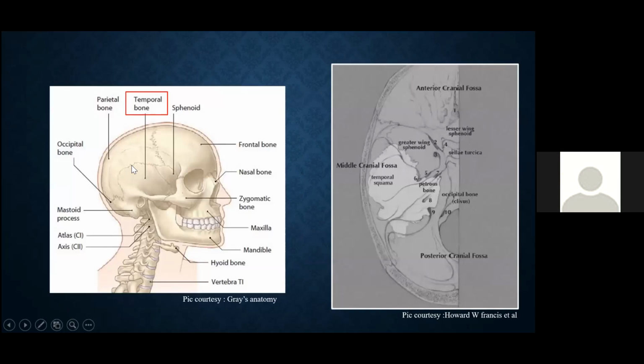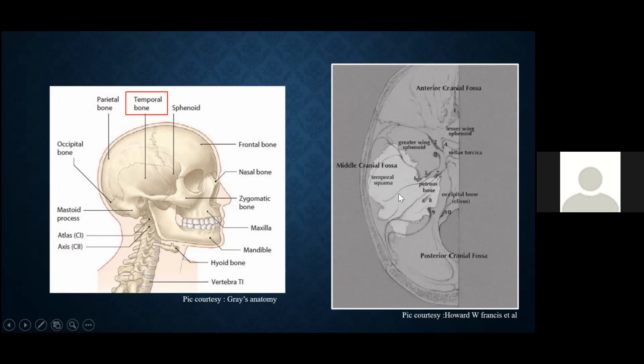Temporal bone. It's a paired symmetrical bone which is present in the human skull as well as in the skull base. It is seen articulating with various other structures of the calvarium, like the parietal bone superiorly, anteriorly the greater wing of the sphenoid bone, and the zygomatic bone through the zygomatic process of the squamous temporal bone, and posteriorly through the mastoid, it is articulating with the occipital bone and also with the petrous part, articulating with the occipital bone of the human skull.